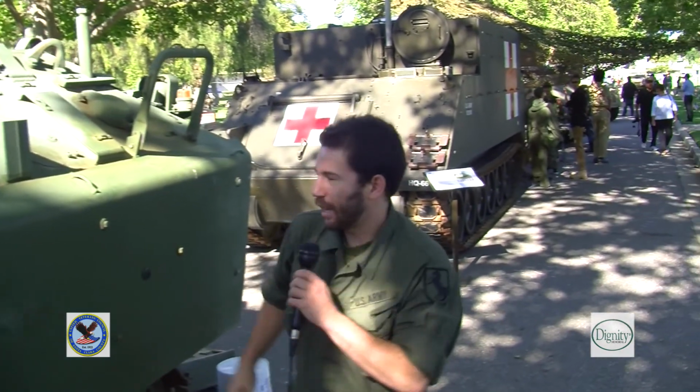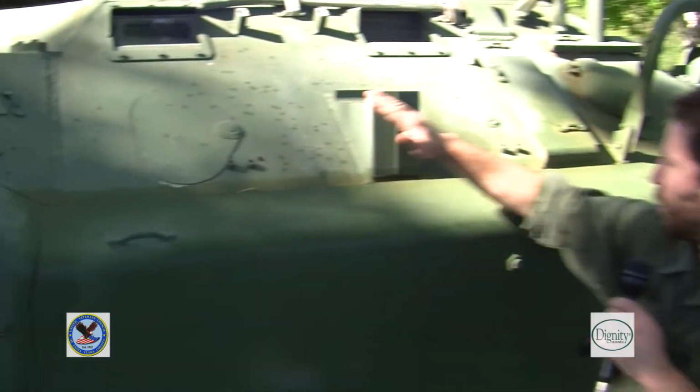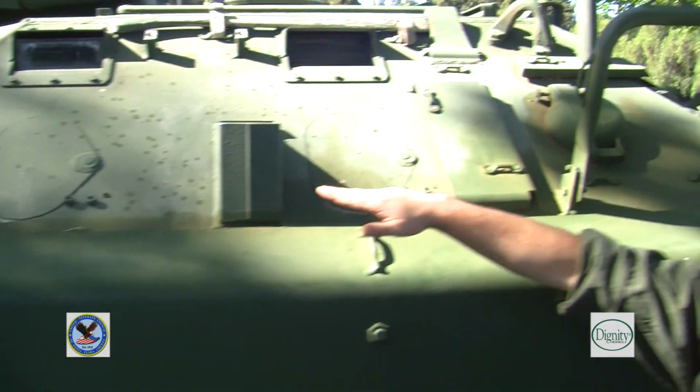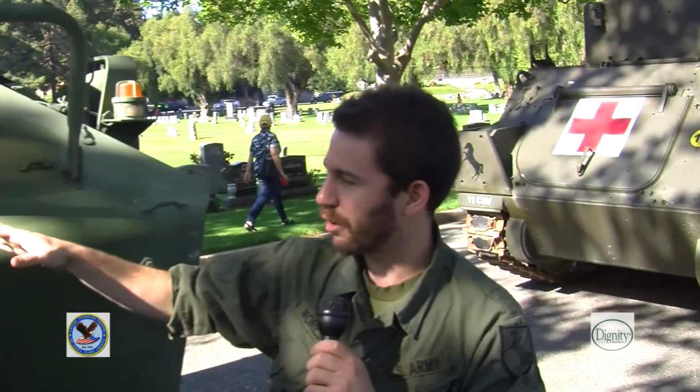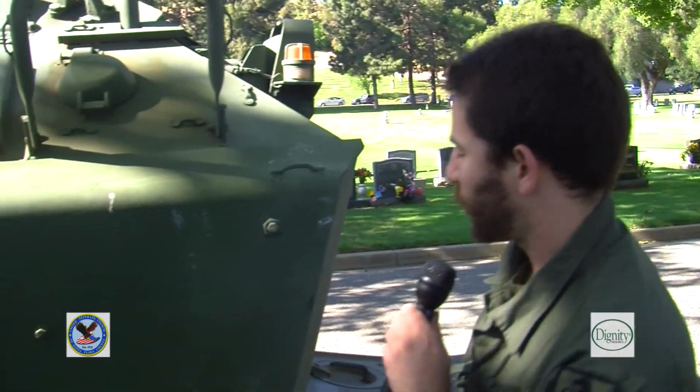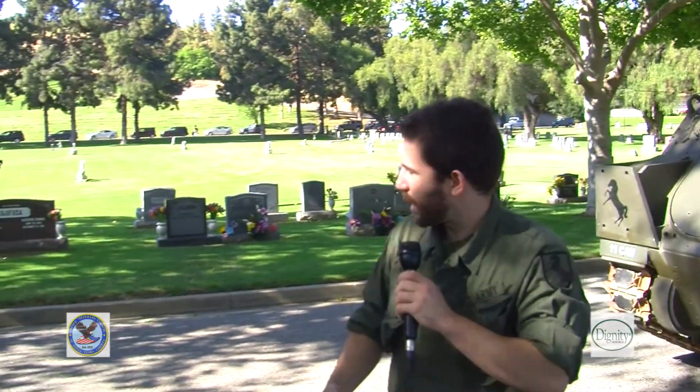And if you come around to the side here, you also have a few firing ports. Two here and two on the other side of the vehicle in the rear. The purpose of these firing ports is for the infantry on the inside. They can open up these ports and shoot outside with their rifles or light machine guns to provide some extra battle support. If you come around to the back,